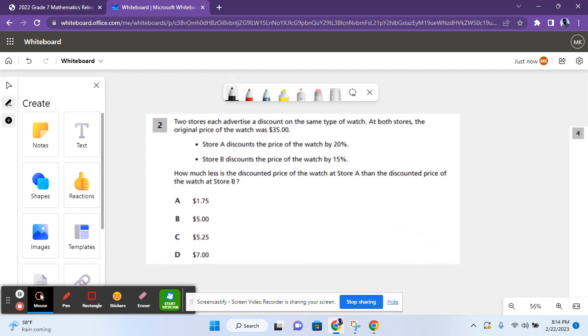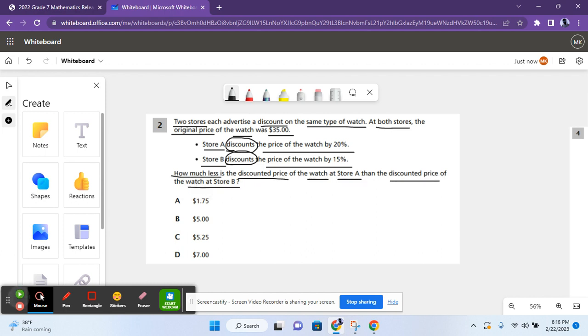For question 2, it says two stores each advertise a discount on the same type of watch. At both stores, the original price of the watch was $35. Store A discounts the price of the watch by 20%. Store B discounts the price of the watch by 15%. Let me just circle discount. How much less is the discounted price of the watch at store A than the discounted price of the watch